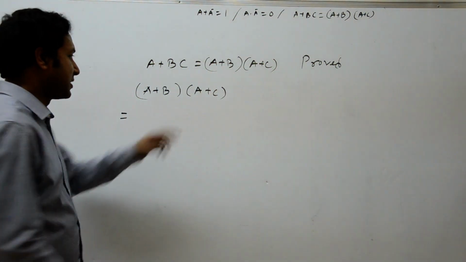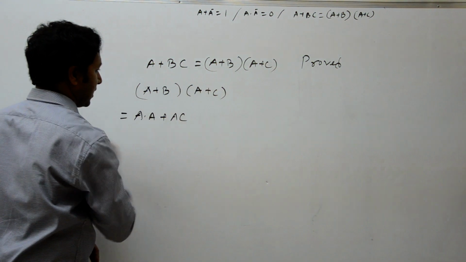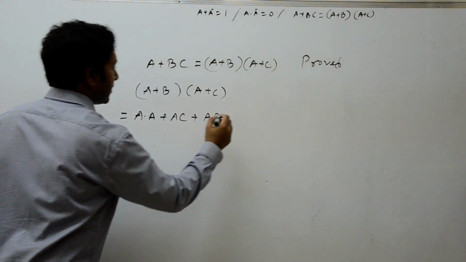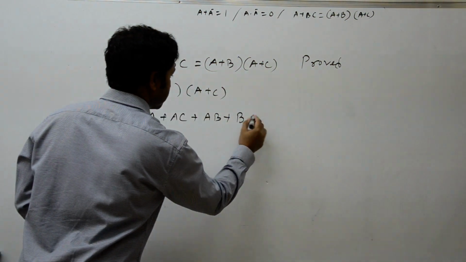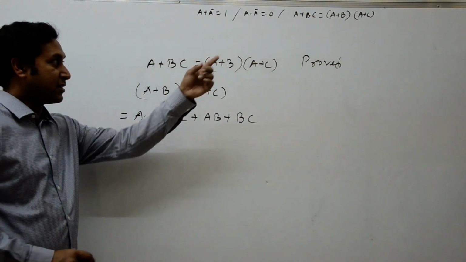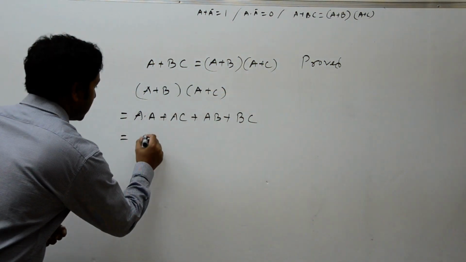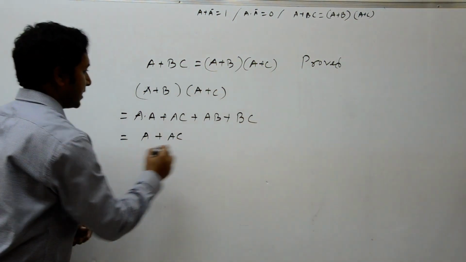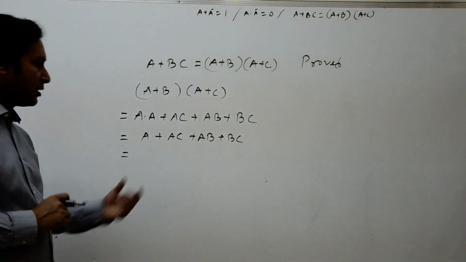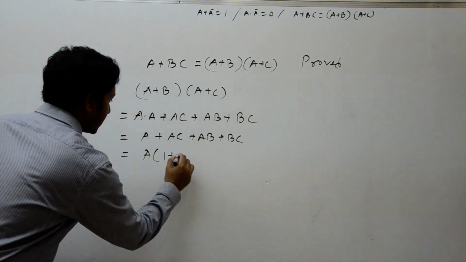With a, we'll have to multiply these 2. So a dot a plus a dot c plus, again this one, ba. Instead of ba, I am writing ab plus bc. Now, what is the value of a dot a? It was written a dot a is equal to not a square, a. So a plus ac plus ab plus bc. Now between these two, what can I take common? Definitely a. So I have taken. So it is 1 plus c,